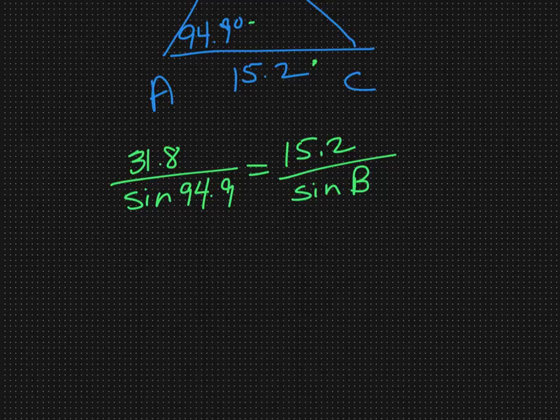So let's make sure our calculator is in degrees. Don't forget to check that periodically on your test. So if I take 15.2 times the sine of 94.9 and then divide that by 31.8, I get 0.4762 for the sine of B,